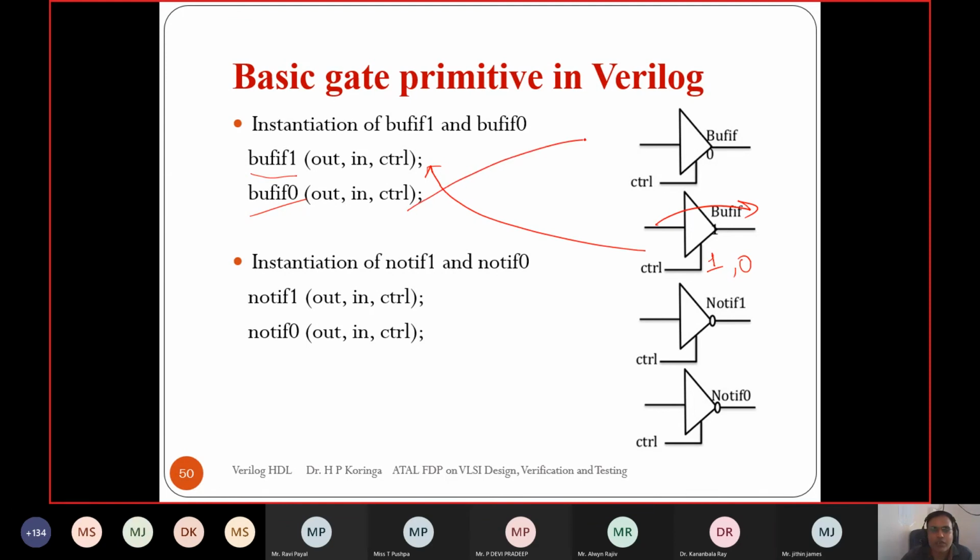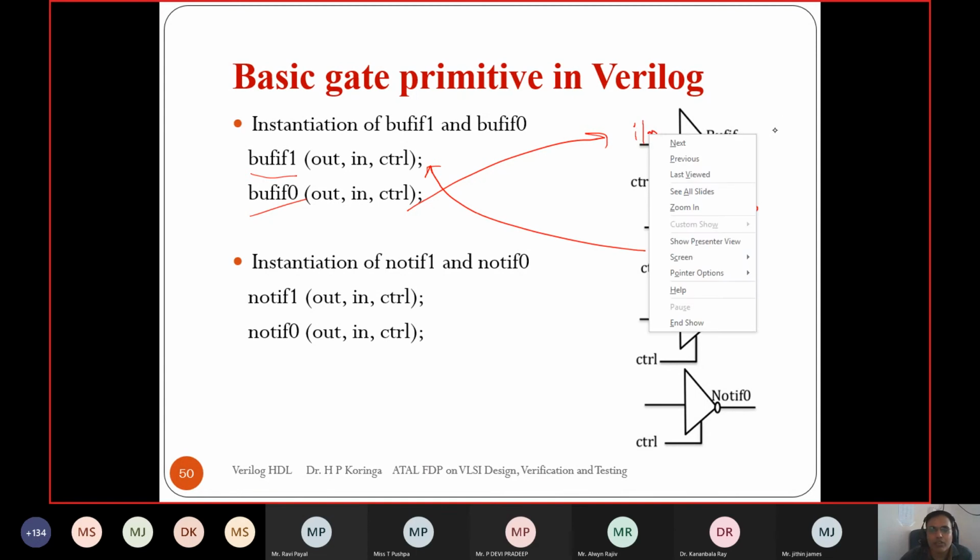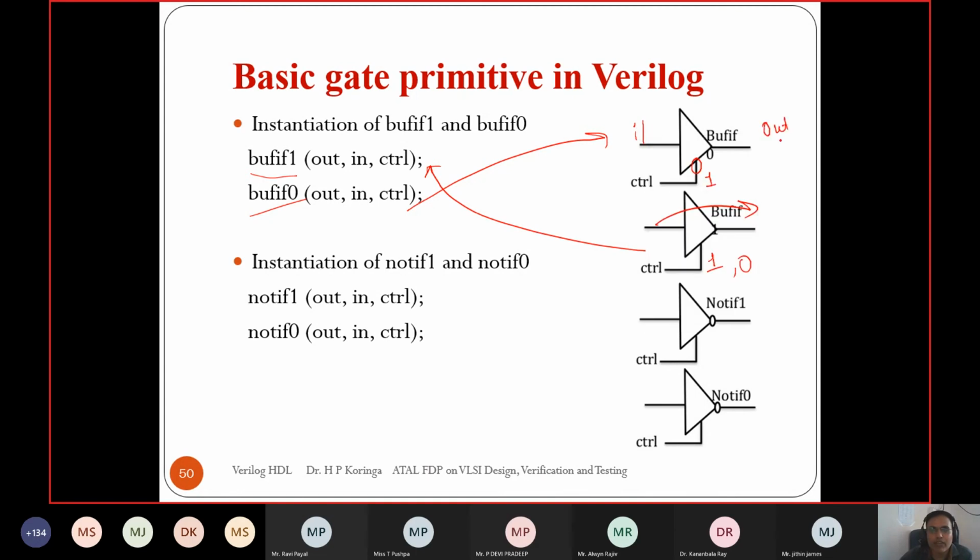And bufif0 is the inverted control version. So when control is equal to 1, the output is equal to the inverted input.